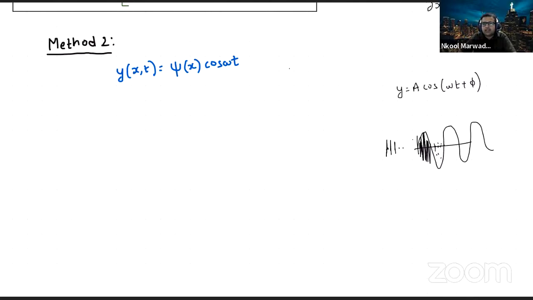Here, this capital A is the amplitude. And what is the amplitude? Maximum displacement which the particle can take. That is the amplitude. And we know that the wave function signifies the amplitude of